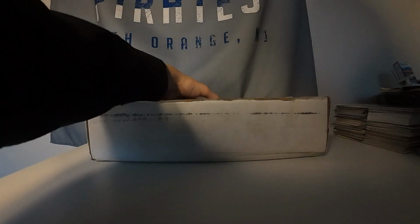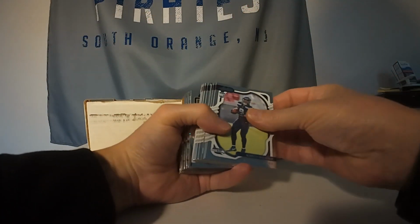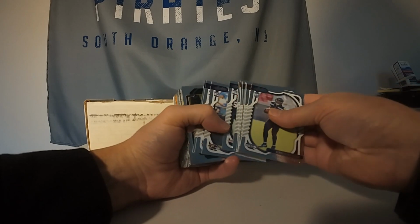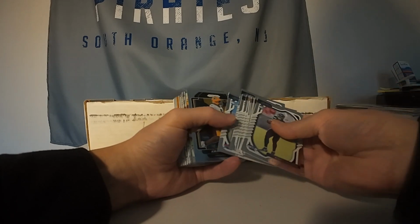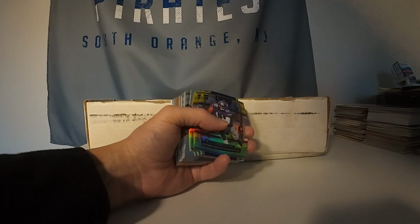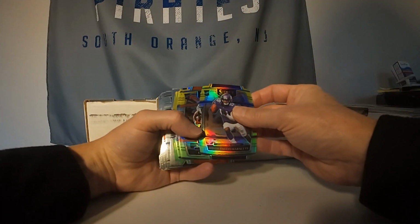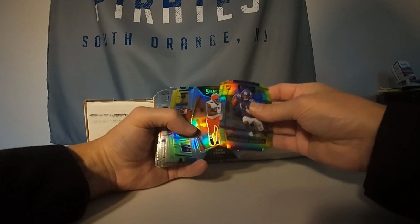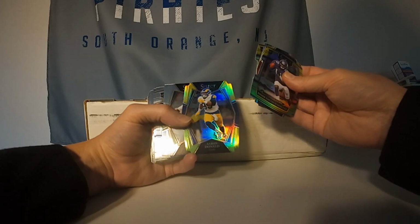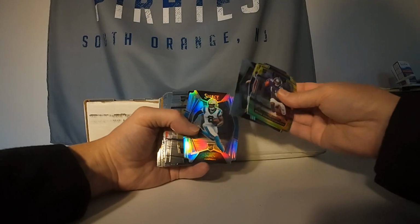So definitely a lot more modern cards coming out now. Again, more absolute rookie cards. And then we get into some Prizms, and we have some die cuts. These are the green yellow die cut parallels. Chris Evans, Chubb was just a regular die cut. Aaron Donald with, I think this was the green yellow blue maybe. Zach Wilson,